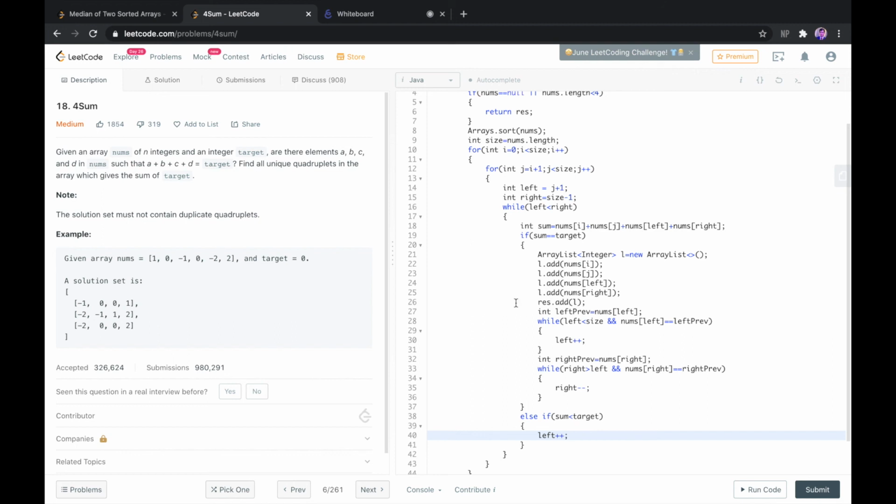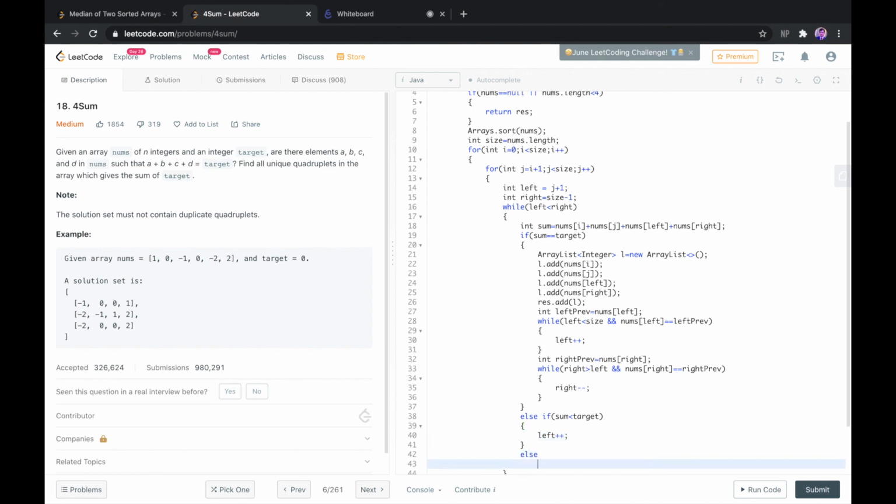As it is a sorted array and it is in increasing order, if we increment to the next left element, that is we move towards the right as we increment left, it will give us a bigger value in comparison to the previous value. So it might be a possibility that the sum that we created over here exceeds or equals the target. Hence, that is why we have incremented the left value.